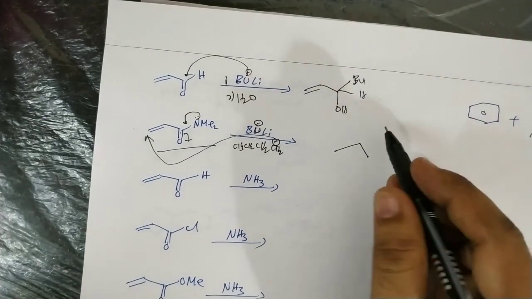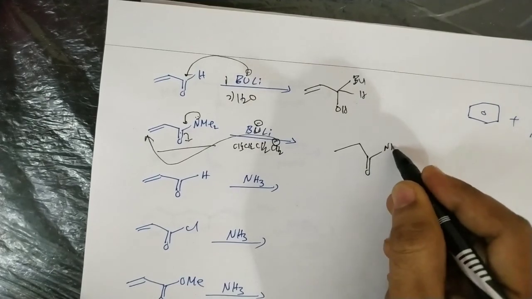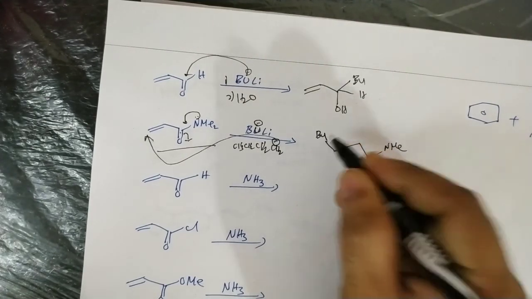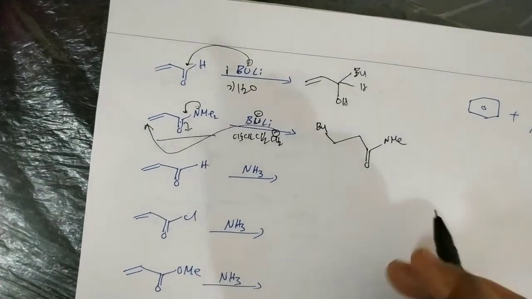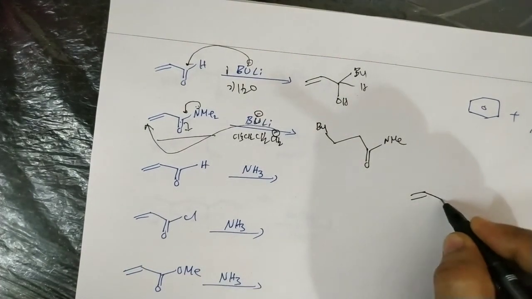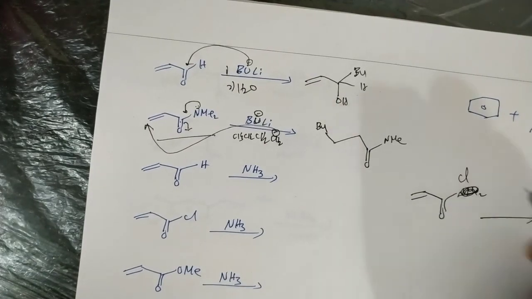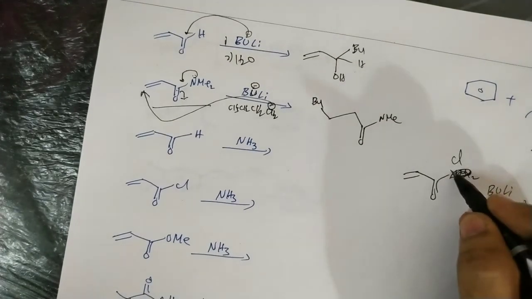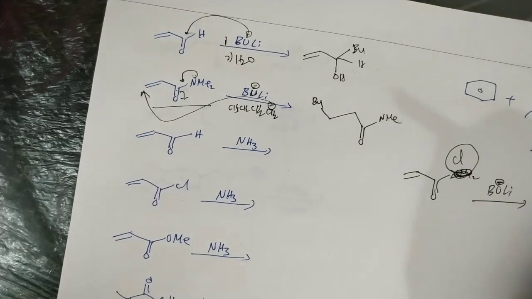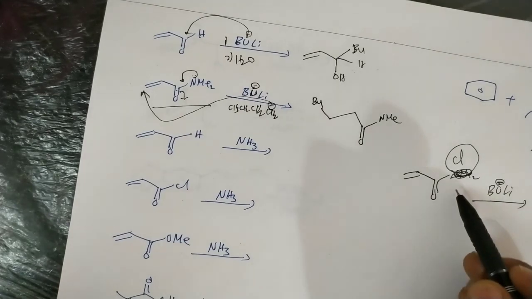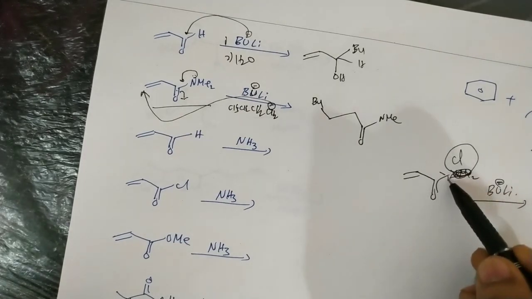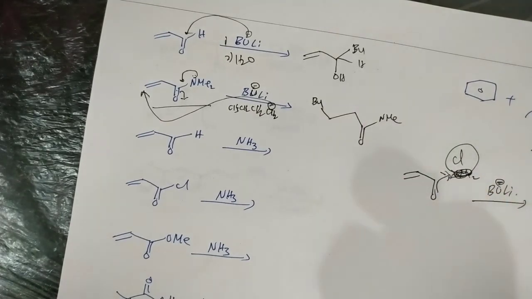So here in this case, double bond O, NMe2, this one butyl. Suppose the same butyl lithium reacts with acid halide. In this case the Cl is replaced by the Bu. Here actually there is no conjugate addition reaction. Direct addition reaction takes place because acid halides are more reactive towards nucleophile, because the chlorine has a minus I effect, so it attracts the electrons towards itself and creates a more positive charge on this carbon.